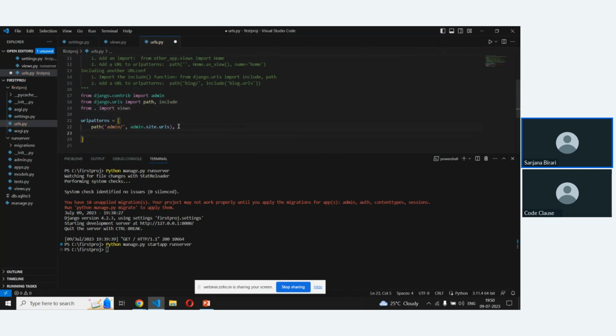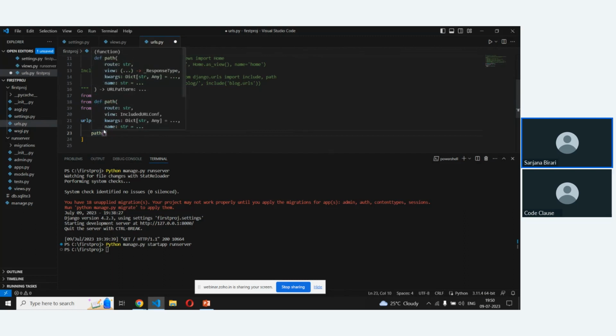Now you have to enter the path. For the path function, you can see what parameters are required. If you click here, you need the route, then the view, and then your arguments or the page path.